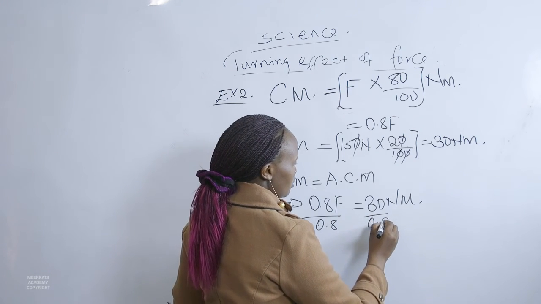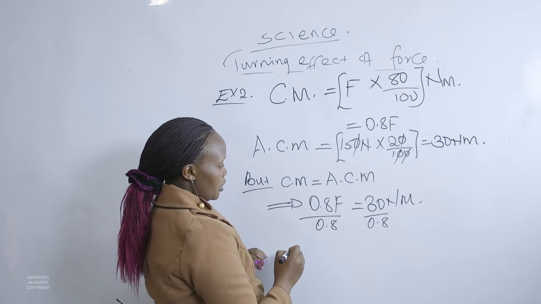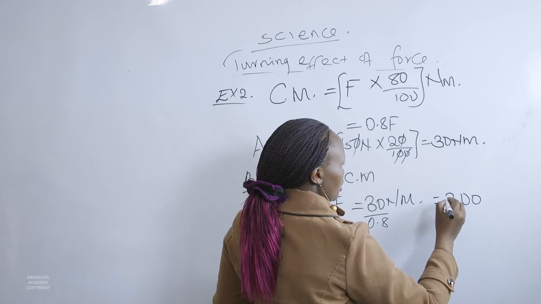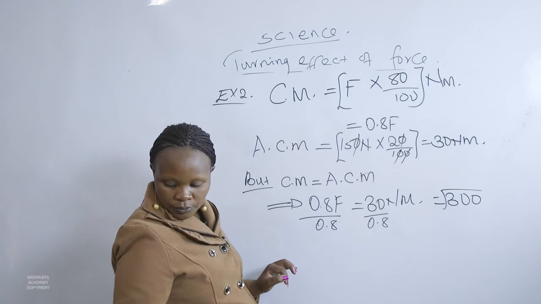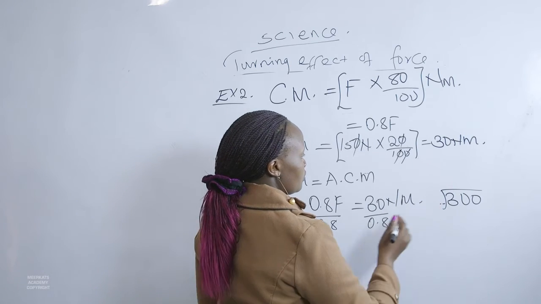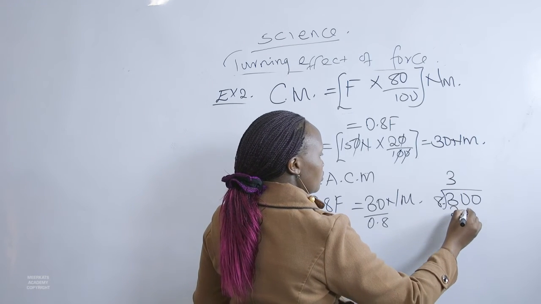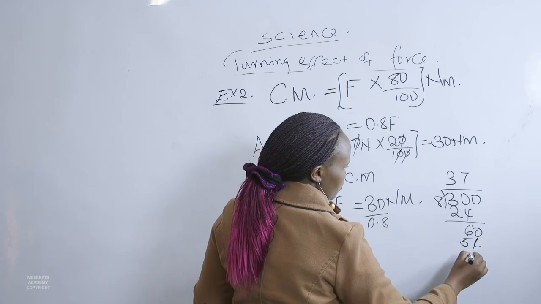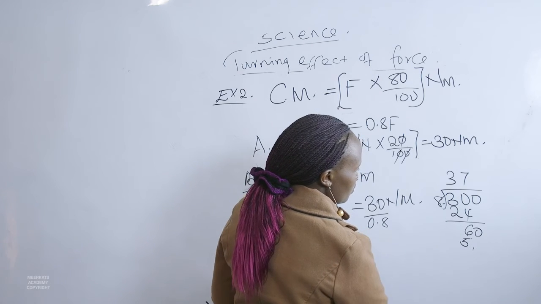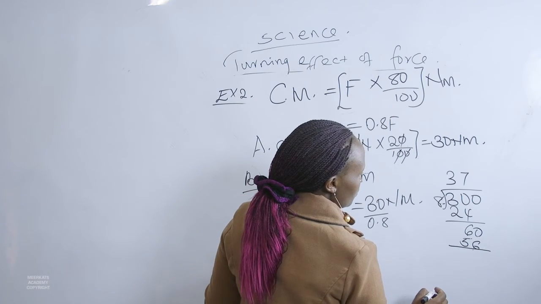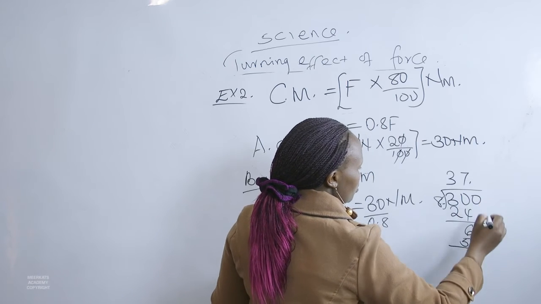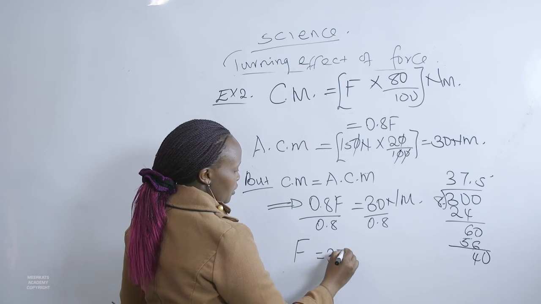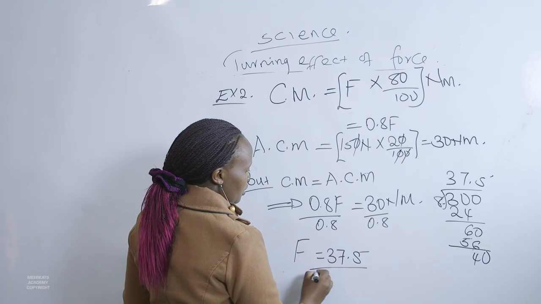The other side we can divide by 0.8, which will be equal to 300 divided by 8. And our force F will be 37.5